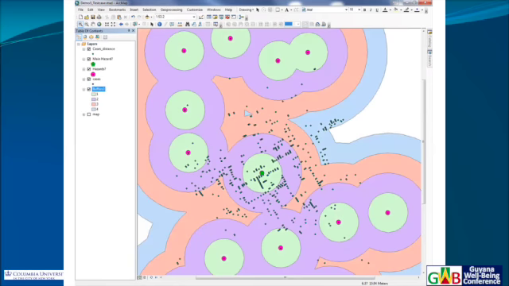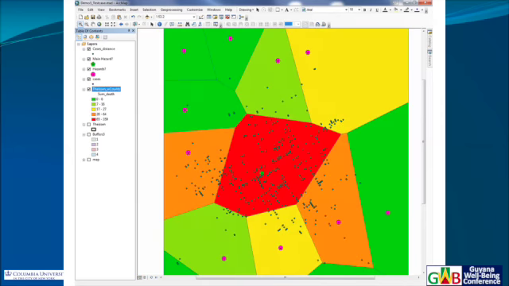So what we can do is the classic concentric circles, where we draw circles around all of these hazards and then count how many points are in there. The problem with this approach is that you'll see that a lot of these circles overlap, and some of these circles have gaps in between where there's no real coverage. So how do you determine which dot belongs to which hazard? Well, there's a better approach, looking at Thiessen polygons, where it's basically the best fit circle, although it's not a circle. You basically separate the hazards and connect the dots, and you come up with polygons that don't overlap, that don't have gaps, and then you count all the points inside these polygons.